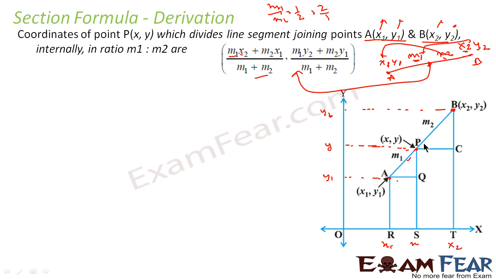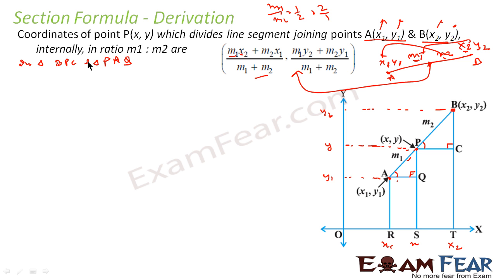So if you see, these lines are all parallel, because they are all parallel to the x-axis or perpendicular to the y-axis. So angle P will be equal to angle A, and this angle Q is equal to angle C, 90 degrees. So we can say that in triangle